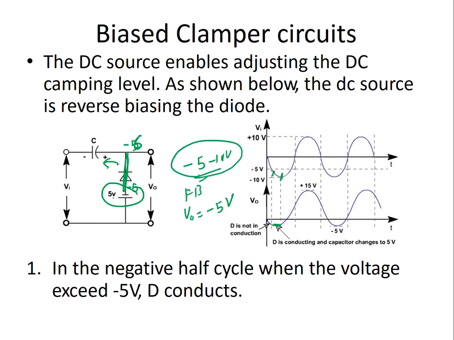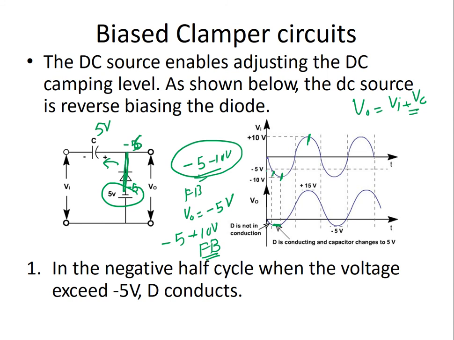So we have a minus 5 volt drop here, so this capacitor will charge to 5 volt. Eventually, for the next cycle, from minus 5 until we reach the value of plus 10 volt, the diode is in forward bias, but this capacitor has been charged, so my output for the positive clamper is Vi plus Vc.